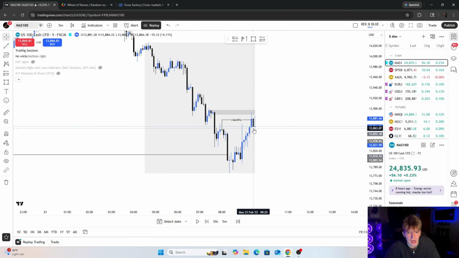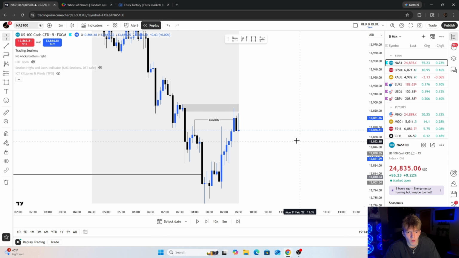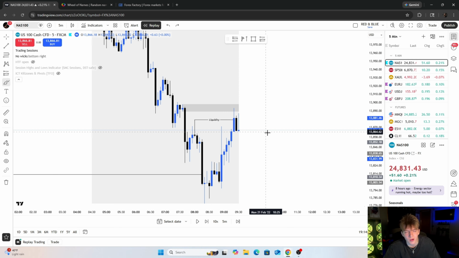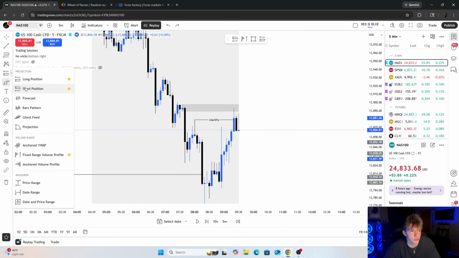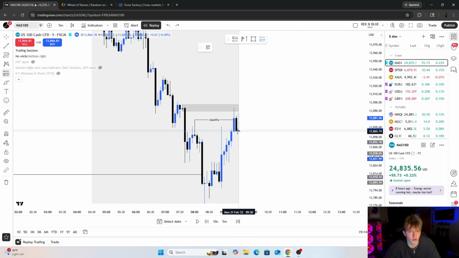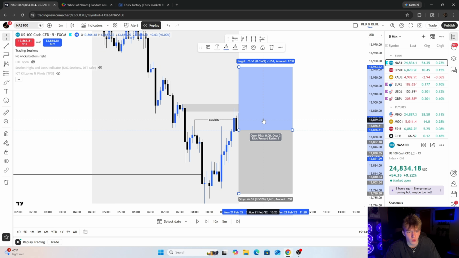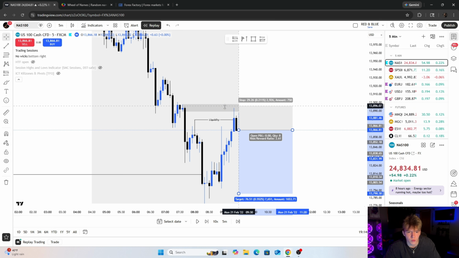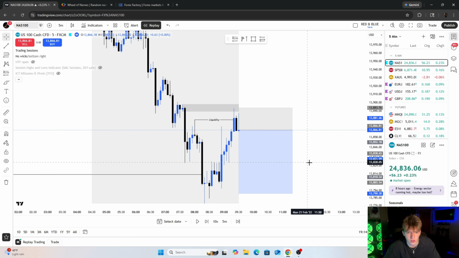Supply zone, reaction. Me personally, I'm not gonna lie to you guys, I would definitely wait for this New York Open close or break of candle, whatever you wanted to enter, because New York is usually very volatile. So entering on this candle when New York opens and it could go just up and down, whatever it wanted to do, very risky for me. But now that we got that close, you could enter on this close, you could enter on this break candle, whatever you wanted to enter on. If you entered on New York close after you saw that you didn't get wicked out, then you could do that. If you wanted to enter on break of candle, which would be pretty much the exact same entry, you could do that. We'll just say candle close for this example.